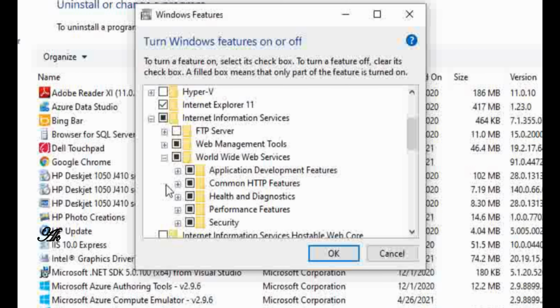These are all the options marked. Keep those also marked if you are following the same video. Click OK.